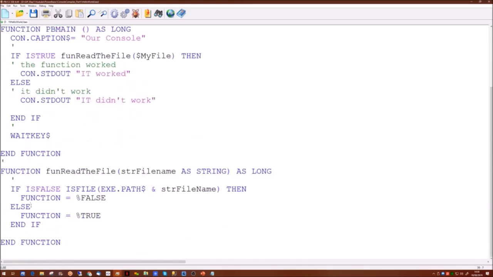So if the file does exist, we're wanting to open the file up. It's always useful to comment your code. So to open this file now, we have to use some of the file commands.